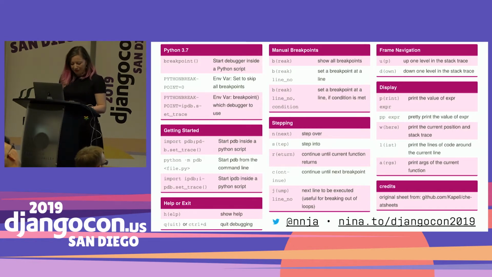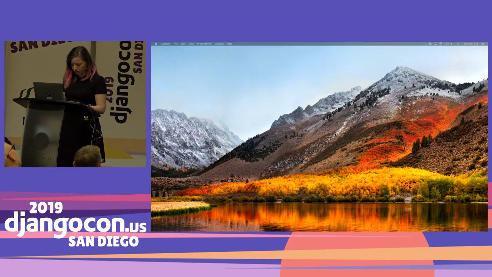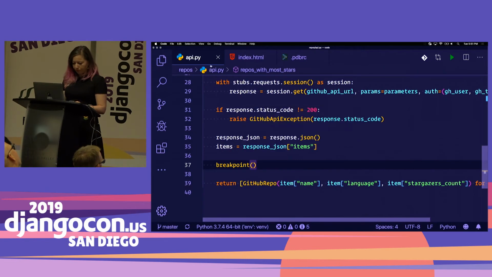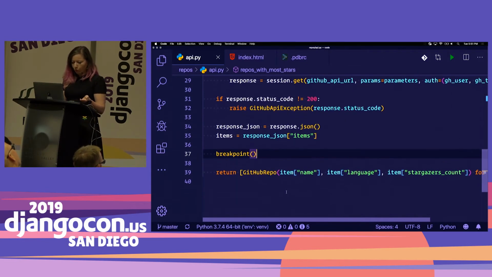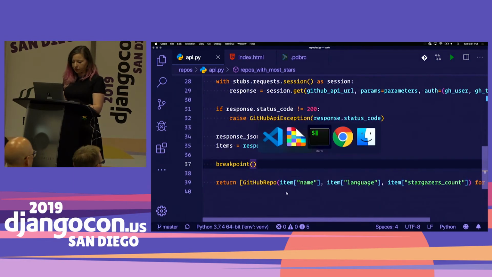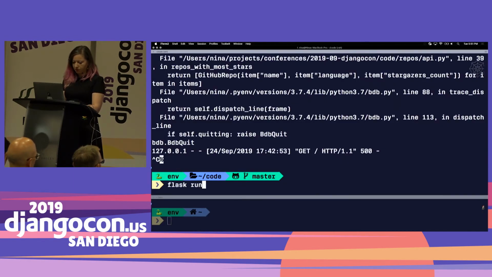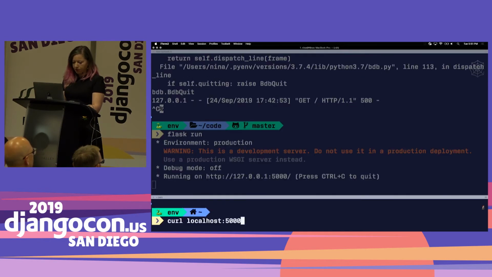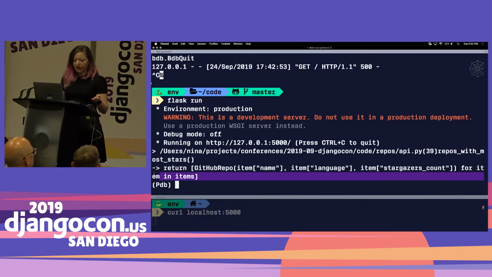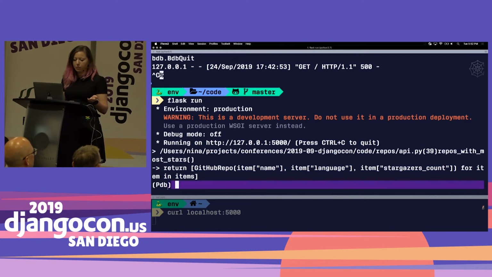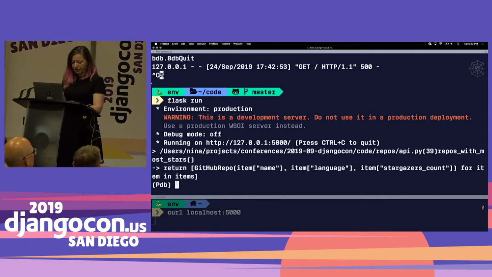So let's take a look at what some of these things look like. Okay, so we saw what PDB looked like before. Let's look at that again one more time. So PDB, black and white, I have an arrow here in my prompt. That's not exactly what I'm looking for. I'd rather use IPDB. And to do that,